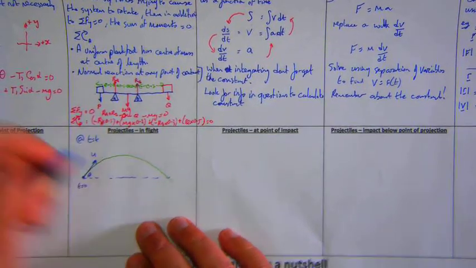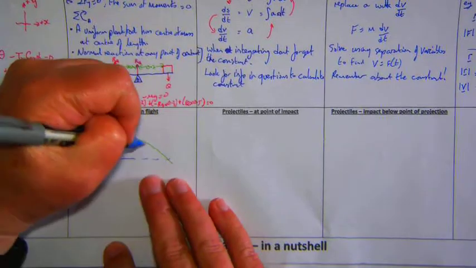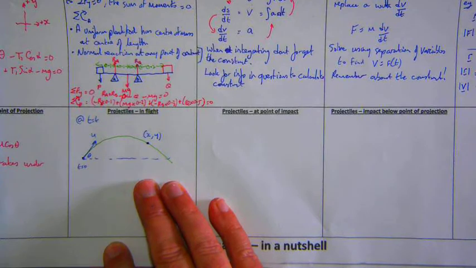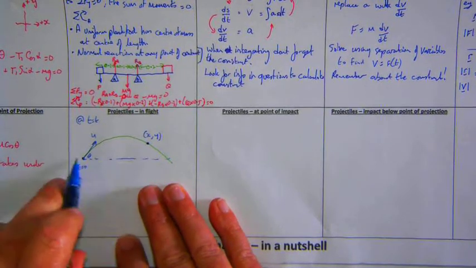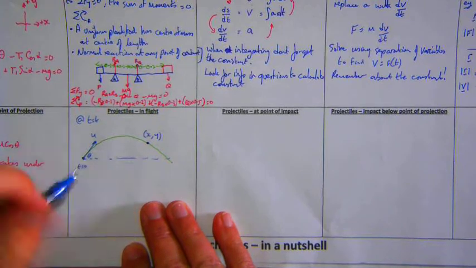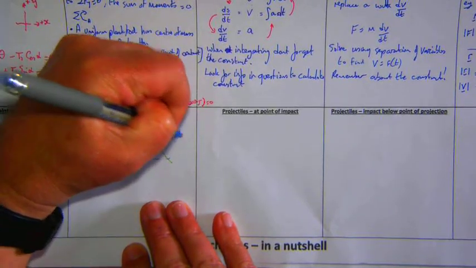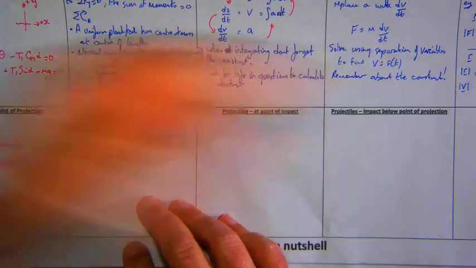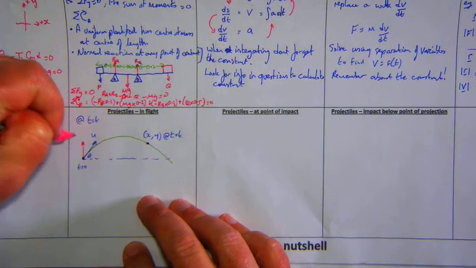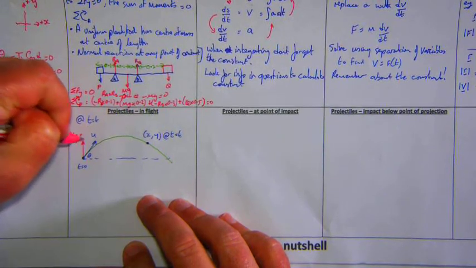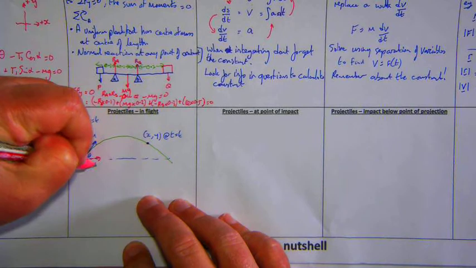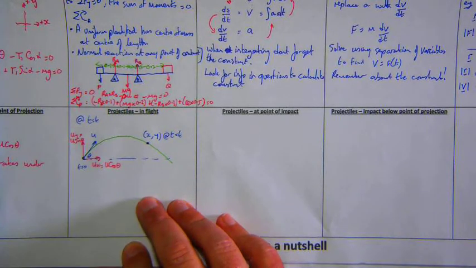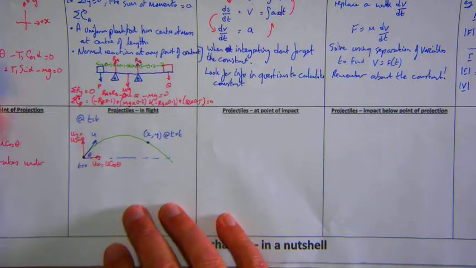What I'm interested in here is, at any point where t equals t, the xy position: the horizontal position and the vertical position at time t. So we know we've got uy is u sine theta, and ux equals u cos theta, and we know that ax equals 0. So using